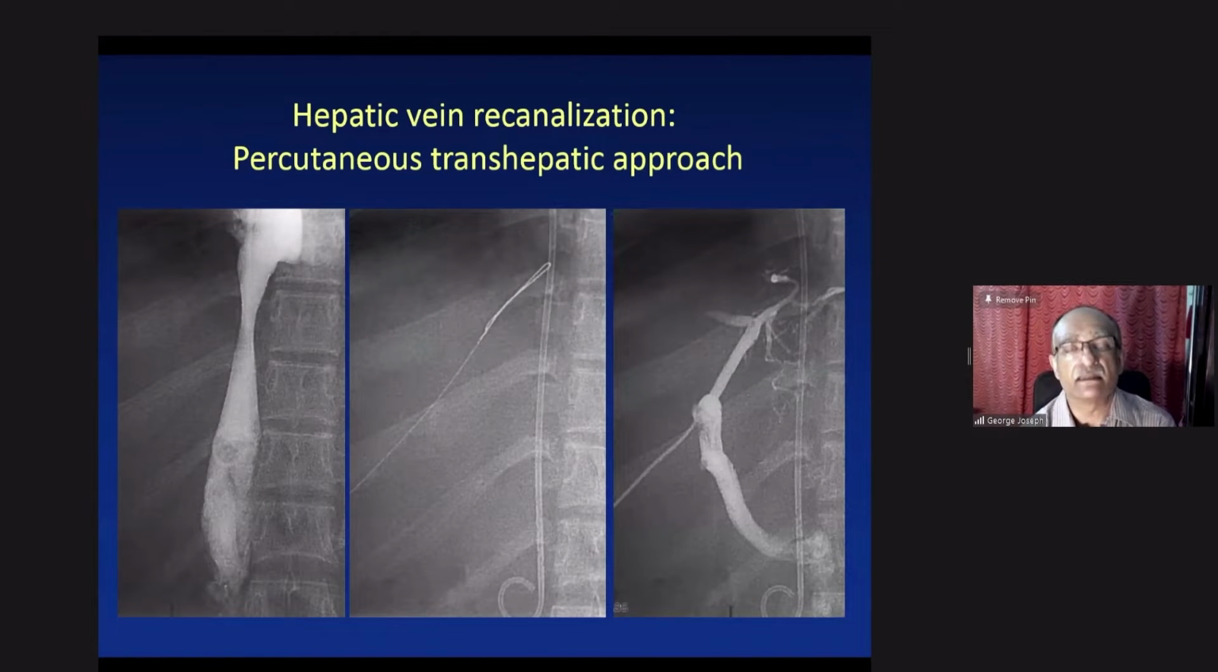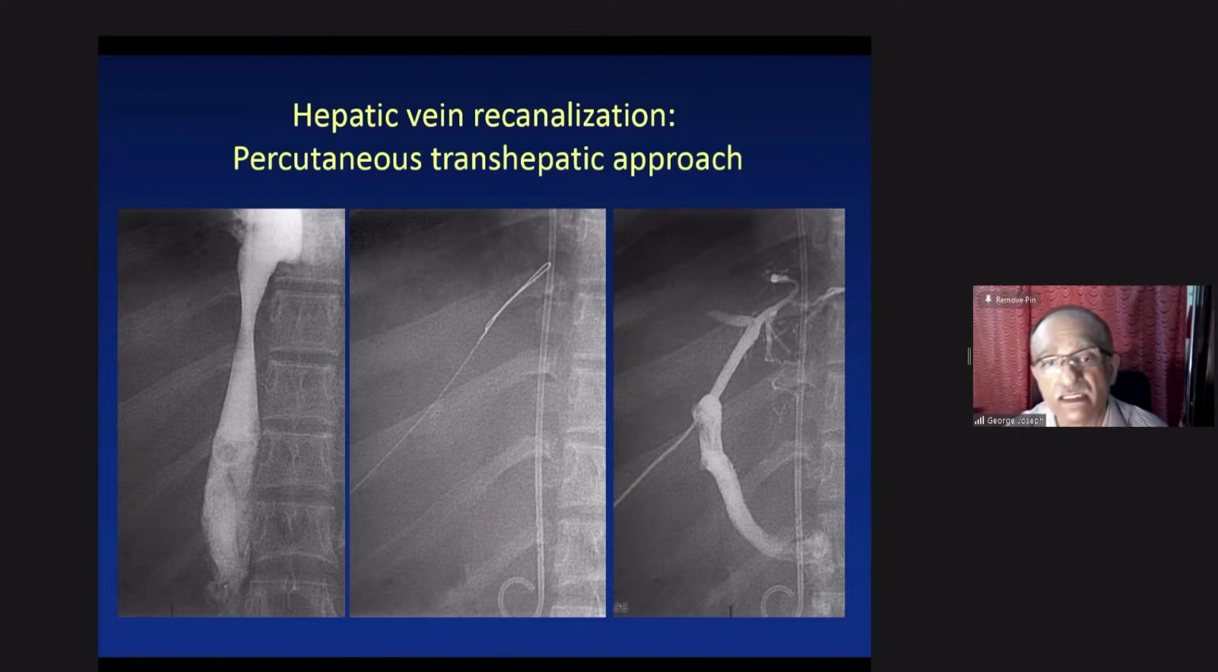Another technique is the percutaneous transhepatic approach. Now, we developed this because the previous technique had the problem of cardiac tamponade. So when you come from transjugular approach, you may go through the pericardium and then enter the hepatic vein, and that may cause tamponade. So this is a relatively safer approach where we come percutaneously transhepatic using ultrasound guidance or